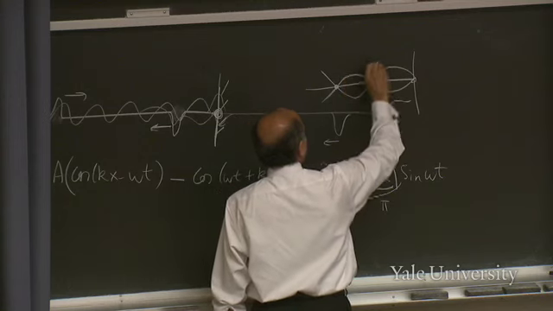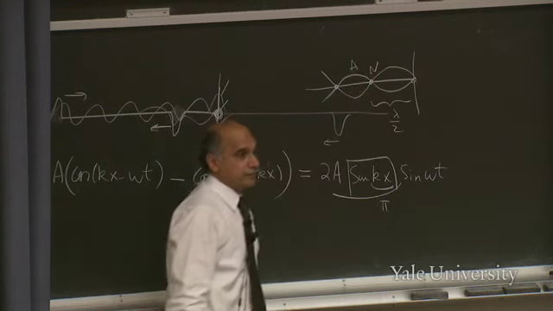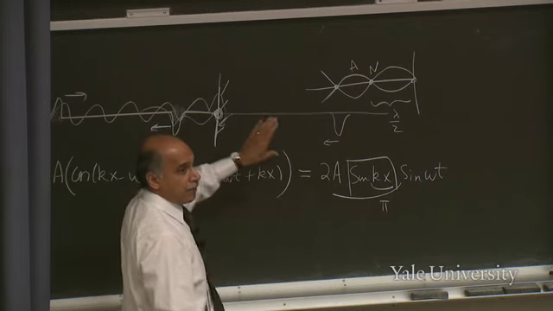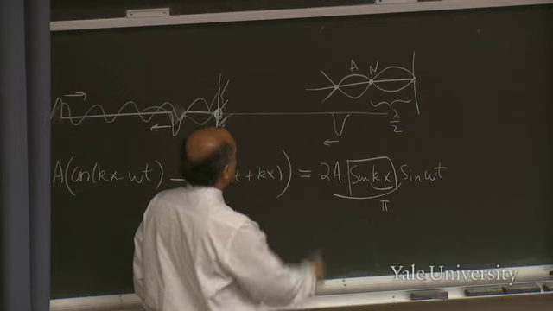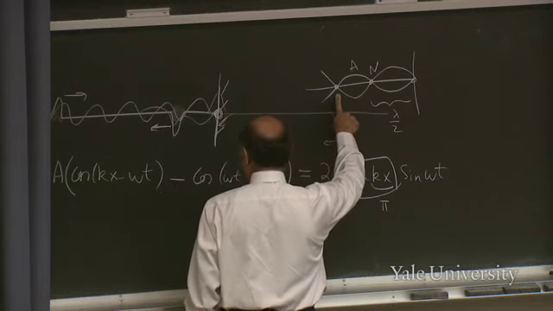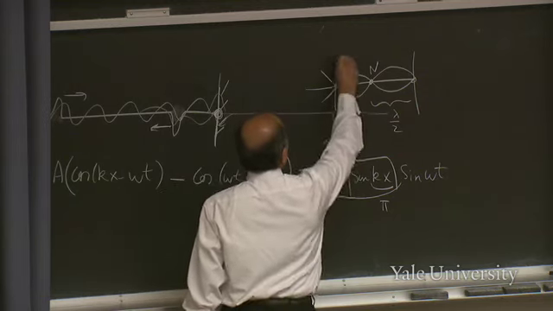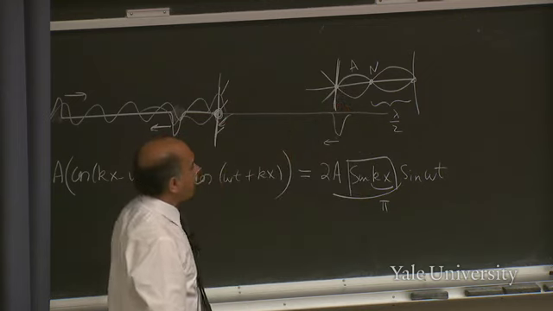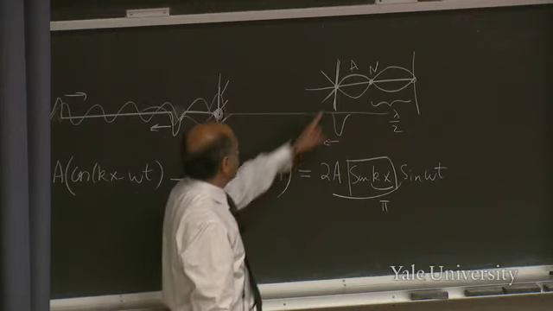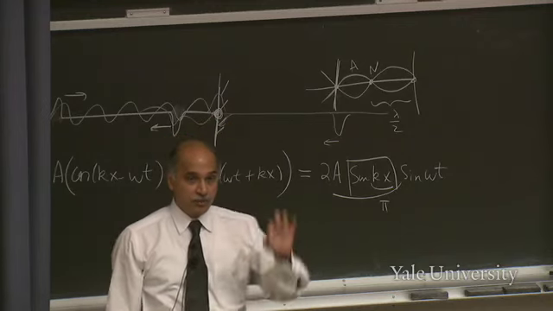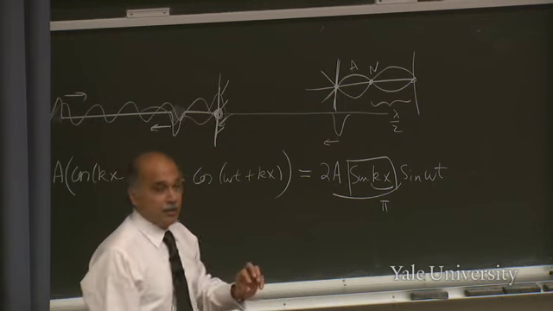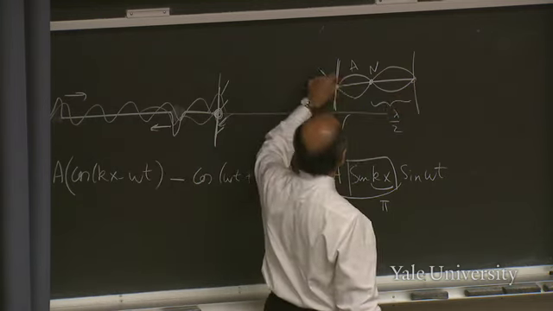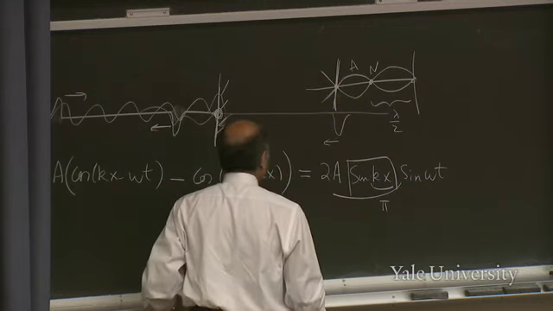This is called a node. In between is an antinode. This kind of thing will be set up all the way back. Now you see what that means. So this point is not going to vibrate. If I put another barrier here, it won't make any difference, because these two waves add up to 0 identically at that point. So if you put your finger there, it won't matter. So in addition to making no difference if you hold the string there, it also doesn't matter if you hold it here. So what that means